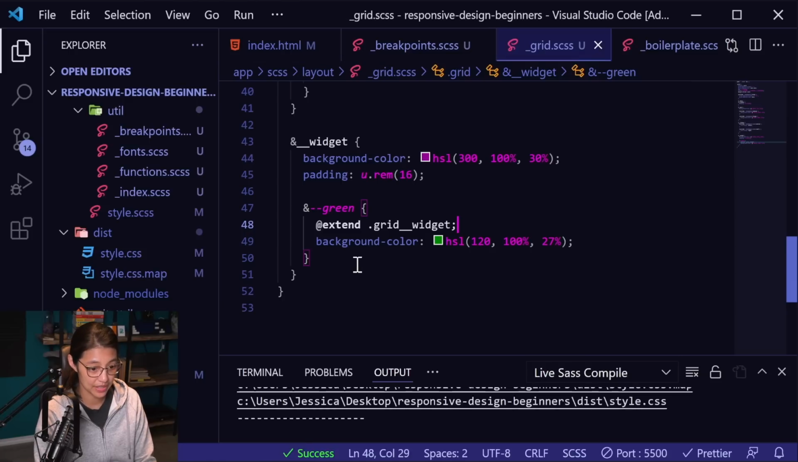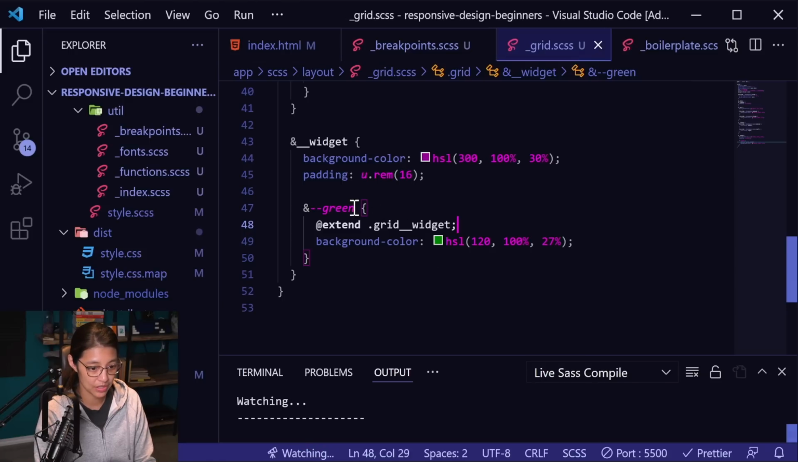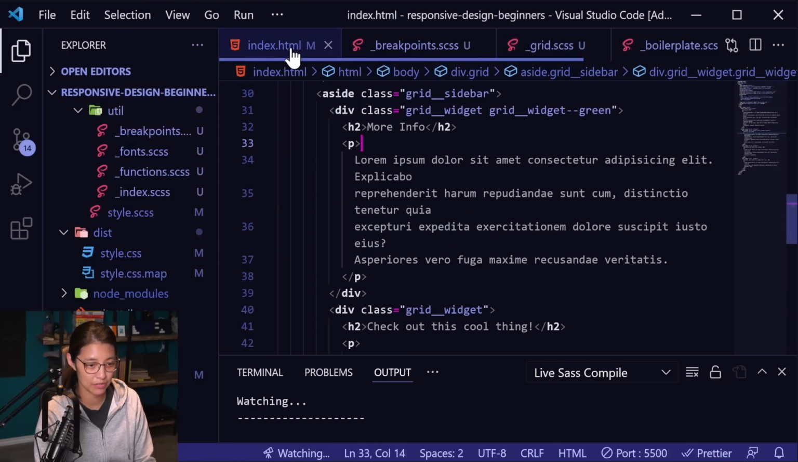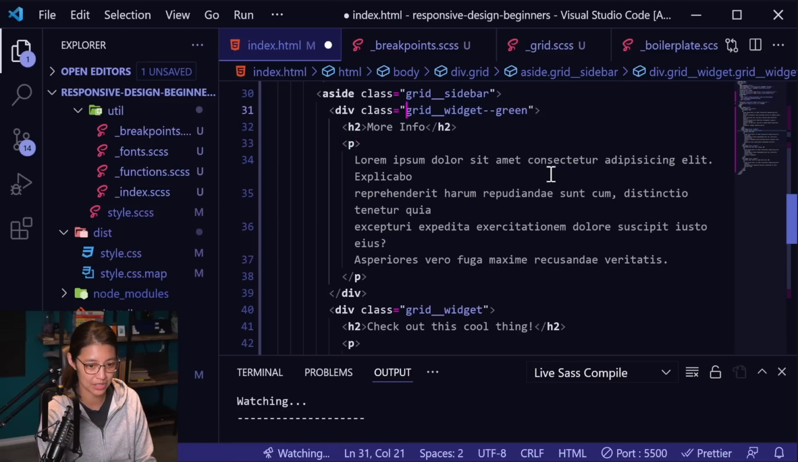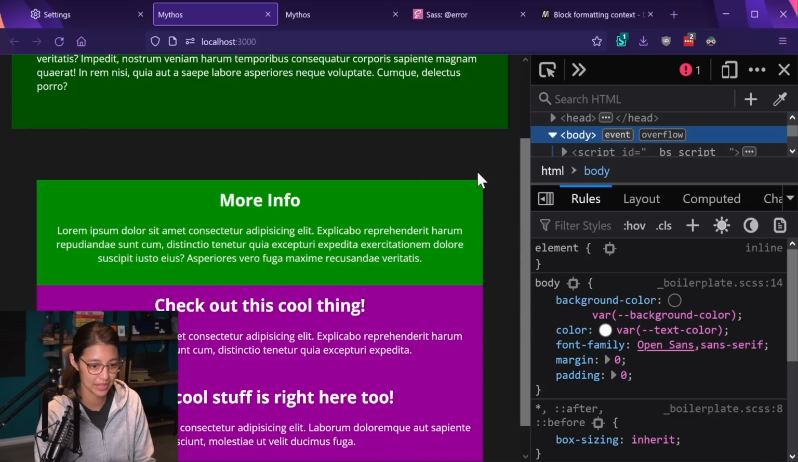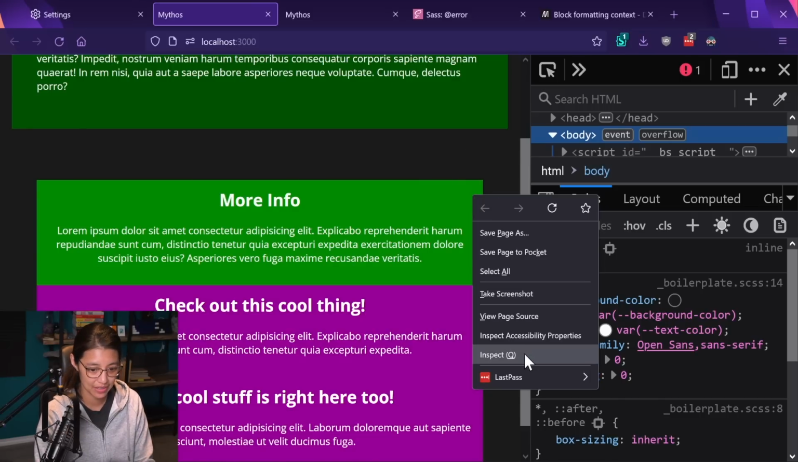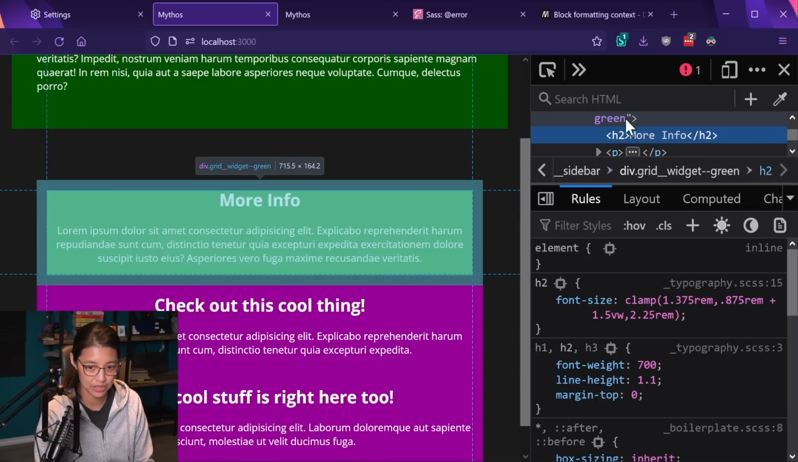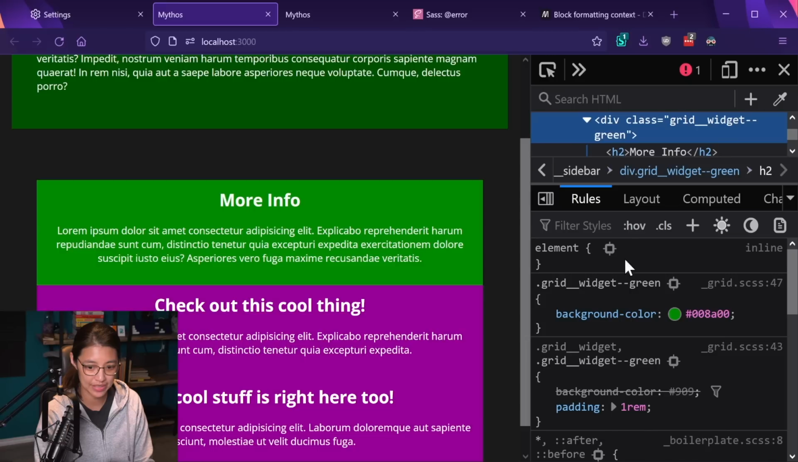So what this is doing is now the green modifier is going to take both these styles from the grid widget and use them in itself. So this means if we go back to our HTML file, we can actually get rid of the first grid widget class. And now we just have grid widget green. And if we go into our website, it's still green, which is great. And if we inspect that first widget, grid widget green, you can see the background color of green is there, but also